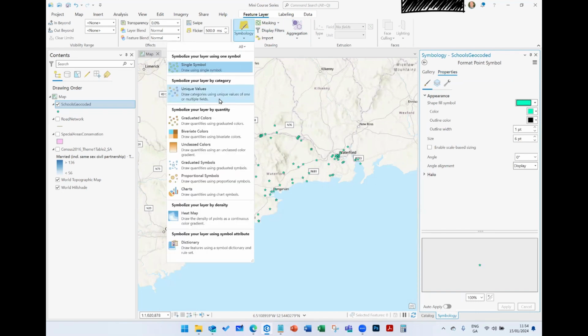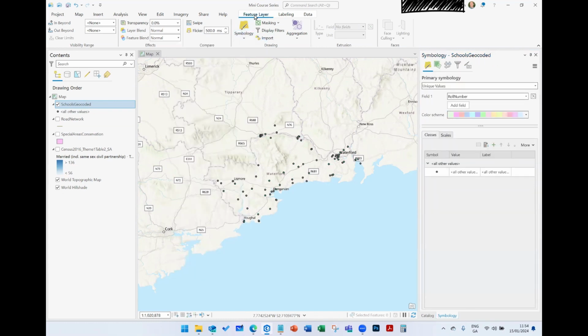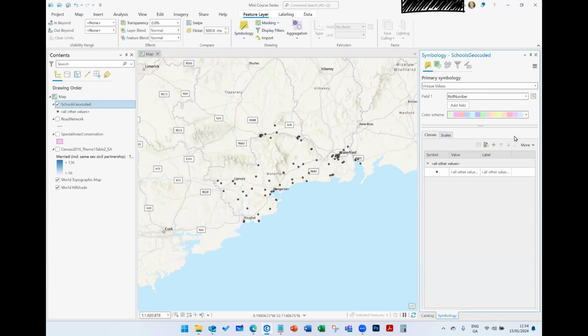Now, what's the point in having geographic information in an attribute table if you're not going to use it, right? So I have a lot of columns within this school's data set that started its life as a CSV. And maybe I want to go into unique values. If I go into unique values, again, highlight schools geocoded, go up to feature layer, click the text, not the icon, click on unique values. And now all of a sudden I get a field, right? So unique values, and then I go, okay, well, I want to say,